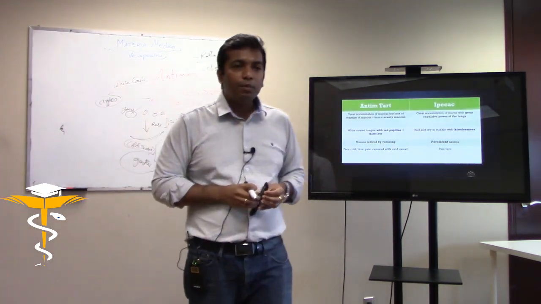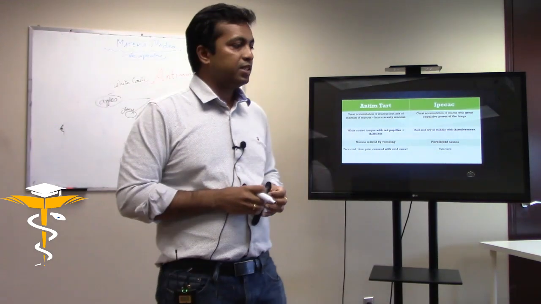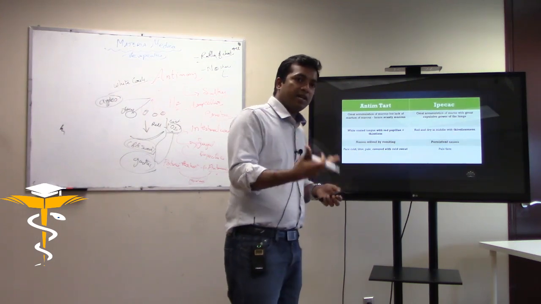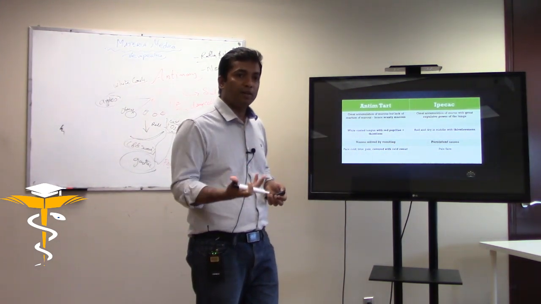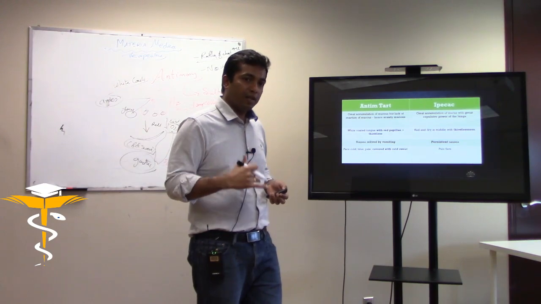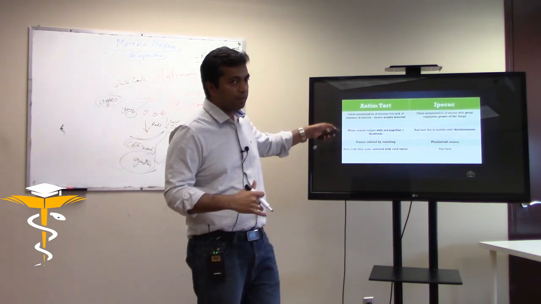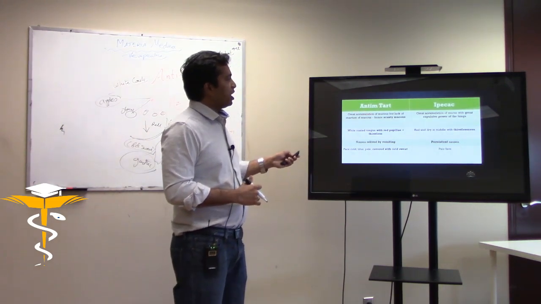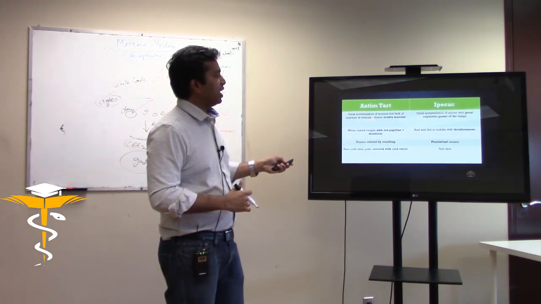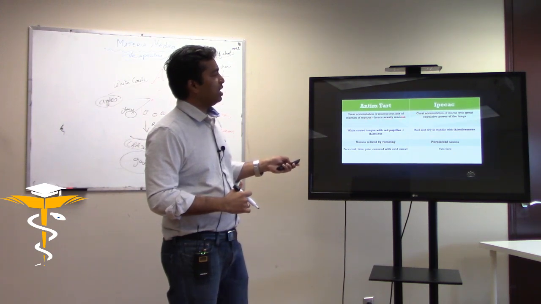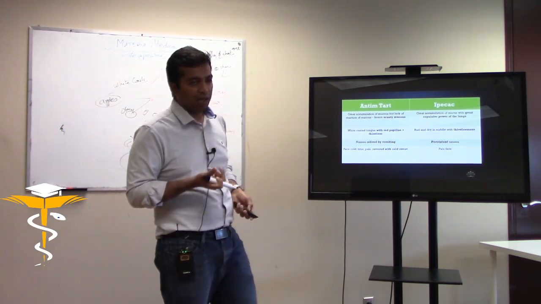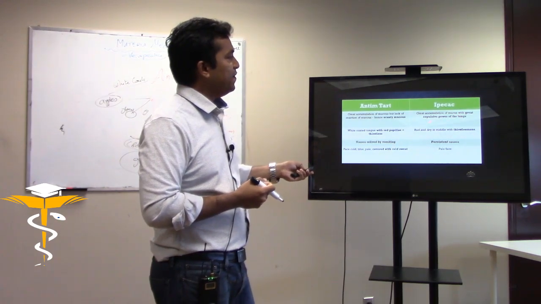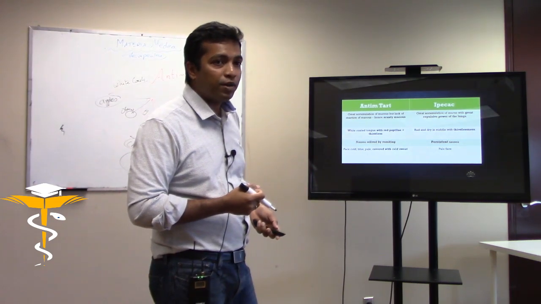Let's compare Antimonium tartaricum and Ipecac. Now this will also be part of your therapeutics lectures. Let's say we are learning internal medicine, we are learning about vomiting, causes of vomiting, clinical features, and then we are talking about therapeutics. We'll come back to this slide over there as well. So Antimonium tartaricum: accumulation of mucus but lack of the reaction of mucus, hence scanty mucus. That is, he is not able to expel it out. Very little mucus may come out. Ipecac: great accumulation of mucus with great expulsive power of the lungs.